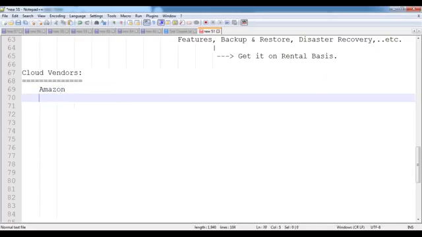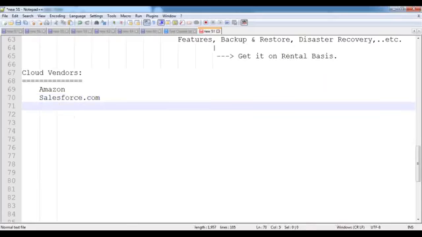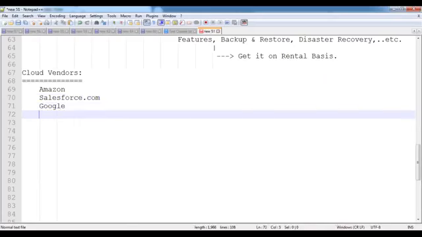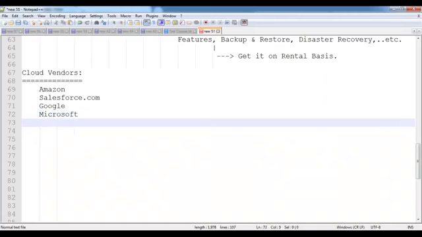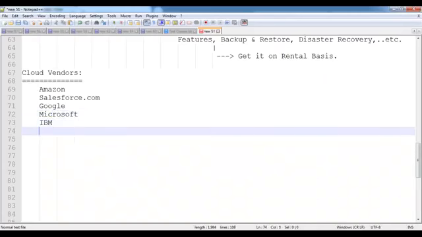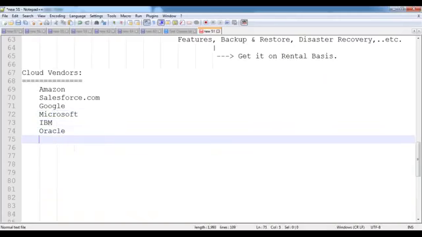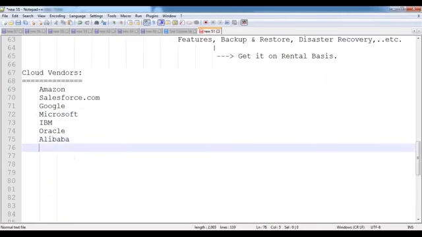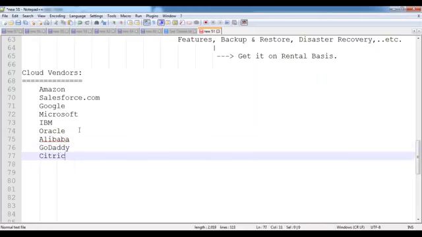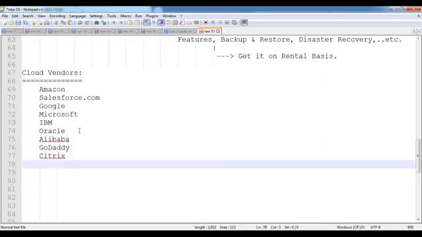Amazon is one of the major vendors. Salesforce.com is another major vendor. Google is another vendor. Microsoft is another vendor. IBM is another vendor. Oracle is another vendor. Alibaba is another vendor. GoDaddy is another vendor. Citrix is another vendor. Navisite is another vendor.